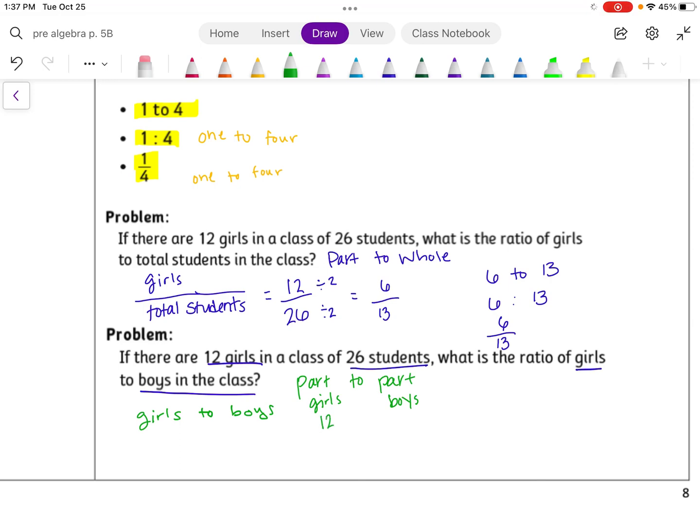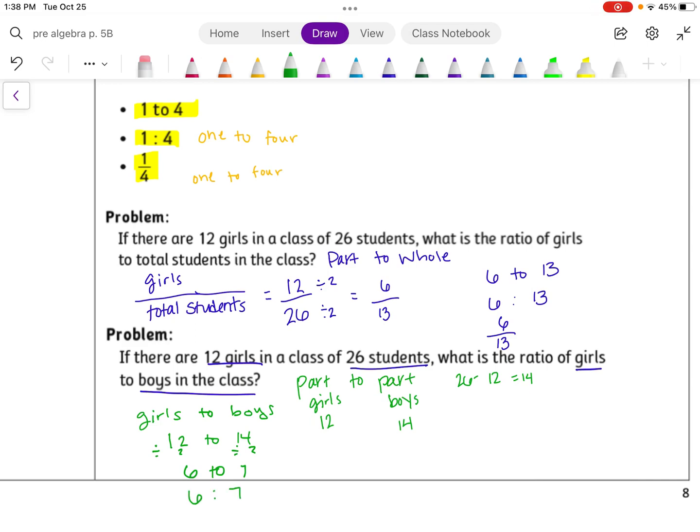So let's think about this. If there are 12 girls and there are 26 total, well, 26 minus 12 would be 14. So if there are 12 girls, that means there are 14 boys. Okay, so our girls to boys would be 12 to 14, but we can simplify that, right? We could divide both of these by 2. We could say that there are 6 girls to every 7 boys, or we could say there's 6 to 7